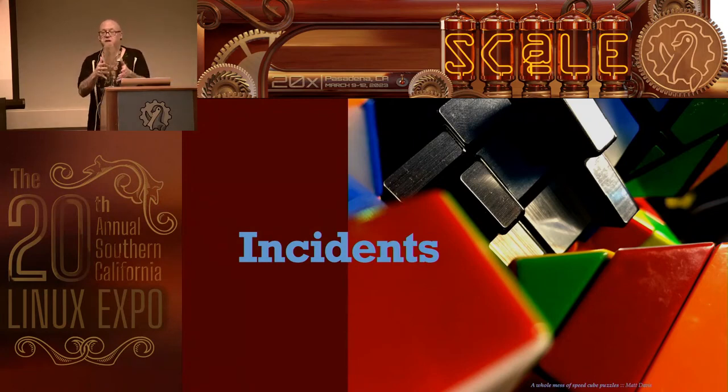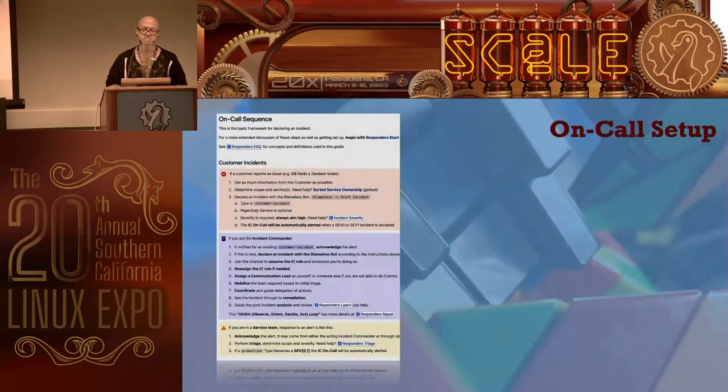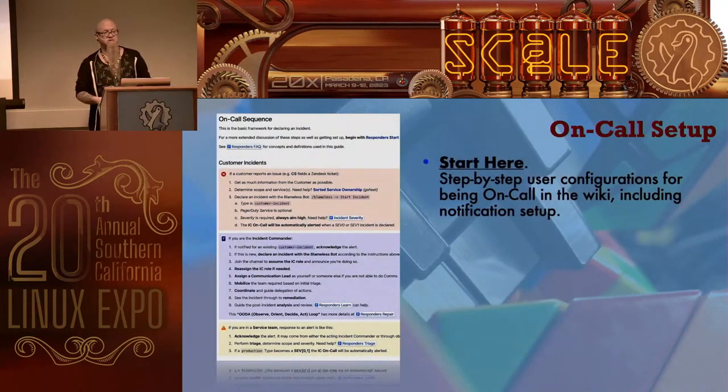But it adds this element of time. It adds this element of pressure. And that's why I really like to use it as kind of a symbol of complexity. And that's why it's on the slide, because incidents are complex. And when you get into an incident, you don't want to then get your stuff working.